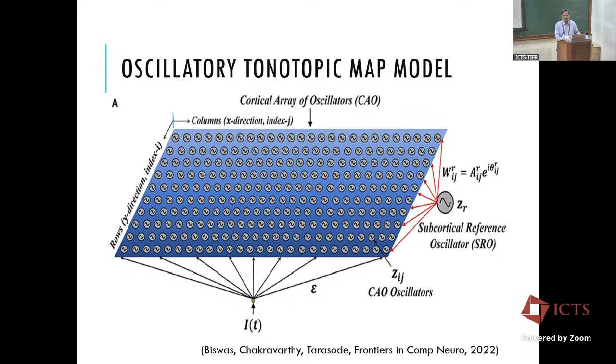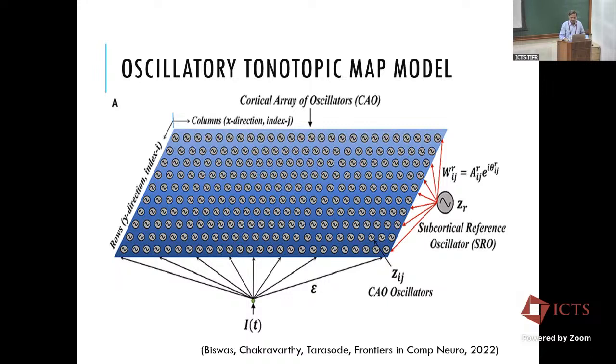After the initial motivation, we didn't worry too much about what happens in biology. We said, let us construct a map where the rows denote frequency, and within a row, different oscillators capture different phases of the input signal. To get the concept of phase, we needed a reference oscillator to define the phase, and so we added that. After adding that, we felt there's a vague analogy: the map itself looks like cortex, and the reference oscillator looks like thalamus. So we wanted to think, is the thalamus playing the role of a reference oscillator? Because if you construct oscillator layers like this, you need a reference oscillator. The math demands it.